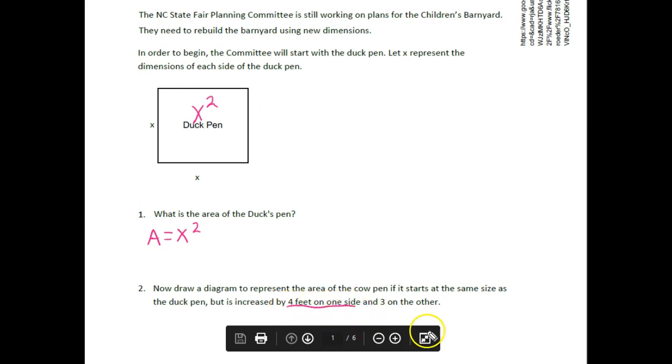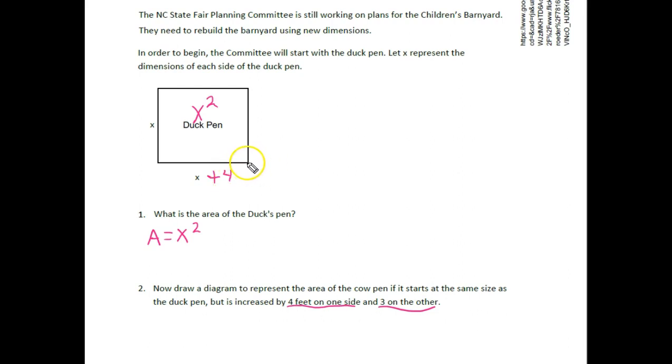So we're going to increase the side length of x by 4 feet on one side and by 3 feet on the other. So if we increase one side length by 4 feet, it's going to extend out this way, and we have x here, and we extend the other one by 3 feet,